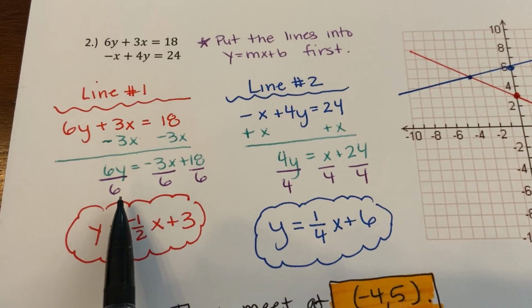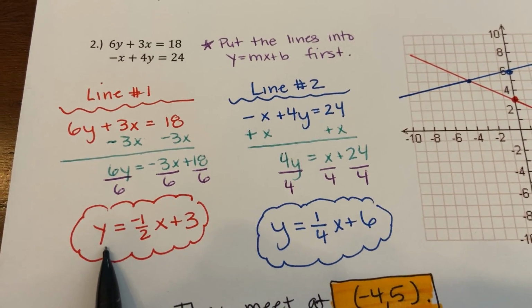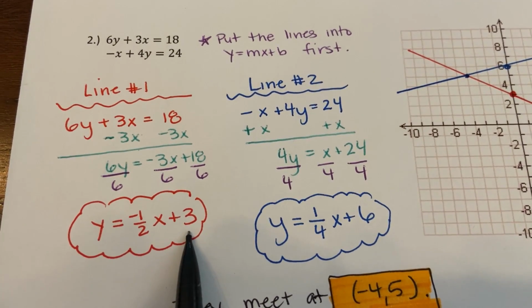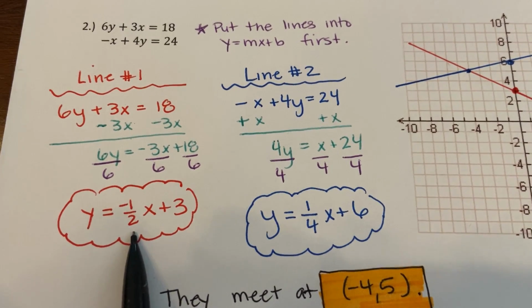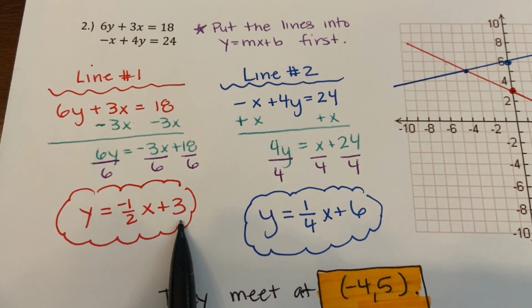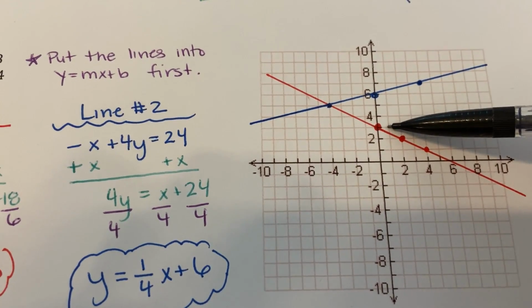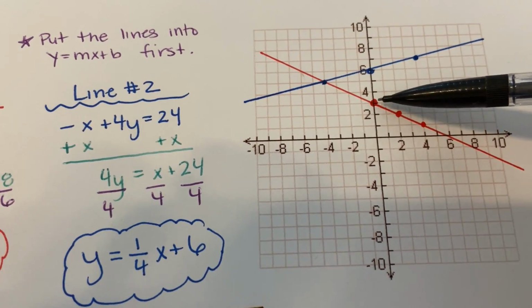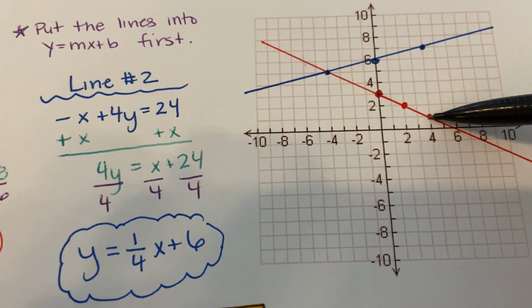And then I can divide both sides by 6. And when I divide everything by 6, I'm going to be left with y equals -1/2 x plus 3, because 3 over 6 reduces to 1/2. So then I can go ahead and graph line number 1. I'm going to go over to 3 on the y-axis, and then I'm going to plot my point, and I'm going to follow my slope of -1/2, which is down 1, forward 2, down 1, forward 2,